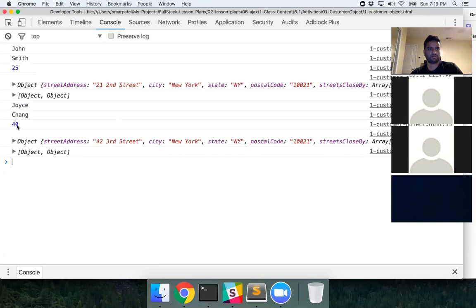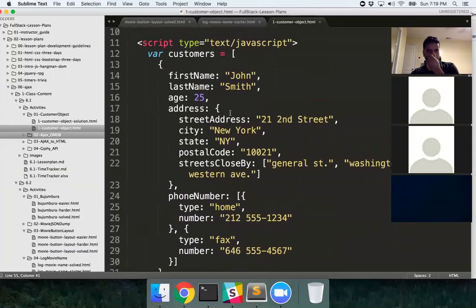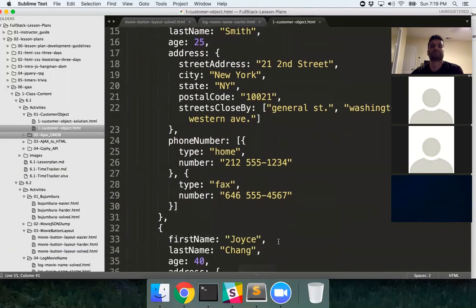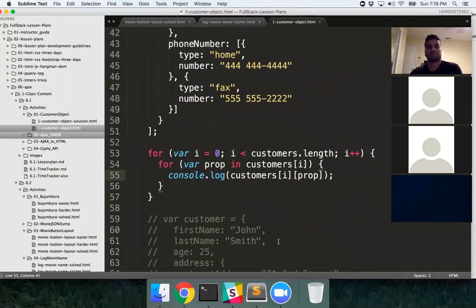Joyce Chang, Joyce, John Smith, 25. Let me make sure that's correct. I think that's right. John Smith, 25. Address is object, phone number. Yep. Okay, that's right. So what I did was,